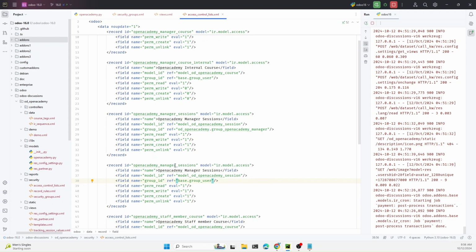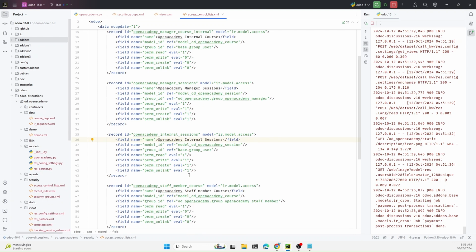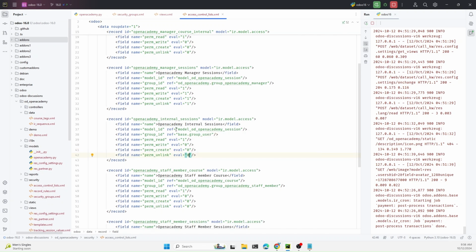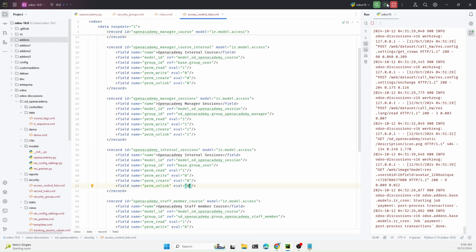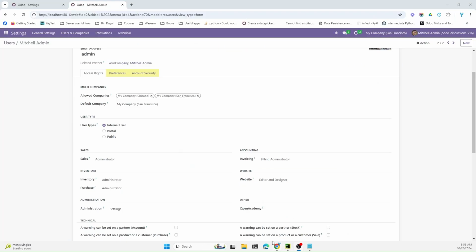We need to change this to not manager, it is the internal users, and we can make it this like internal user. Okay, and here we just want to give the read access, the other will be deactivated like this. Okay, so these access rights have been added,